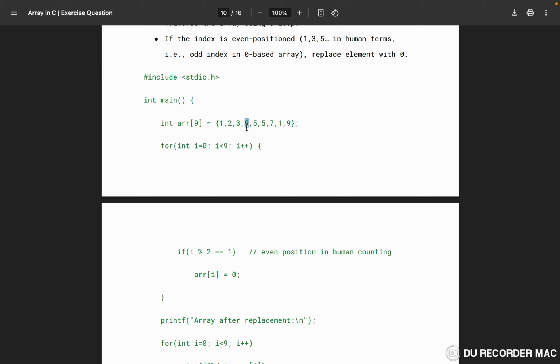So in that case, what will happen? This 9 would be replaced with 0. Okay, so this way you need to think. How you need to think is, since it is an even position, there are other ways to do this program as well, but if you see how this program is designed, it is trying to replace this,